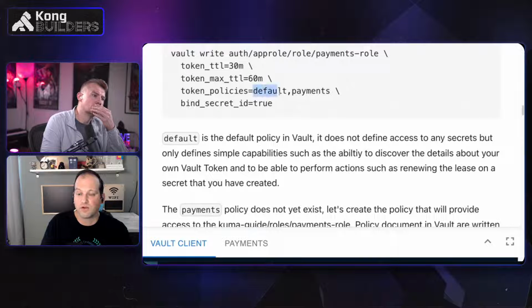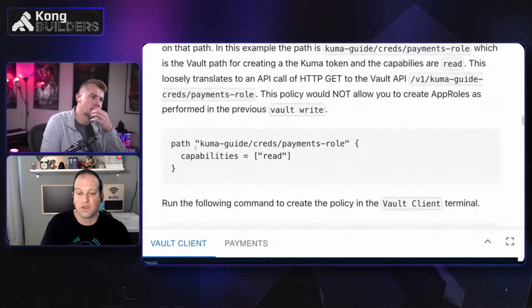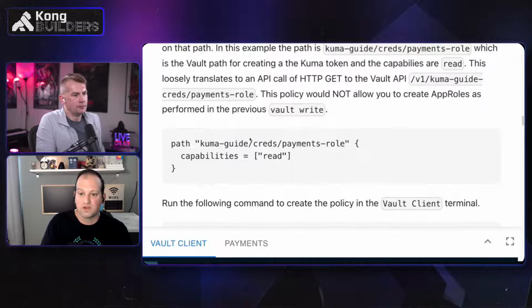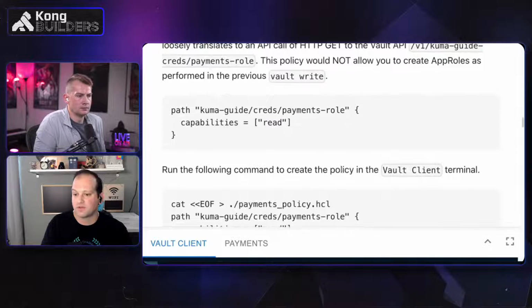We're going to give it both the default and the payments policy, and then fine the secret ID. And then this is what that policy would need to look like in Vault. This is a Vault policy. It's all path-based. So we're going to give the read capability on the secrets engine, credentials, the payments role. When you call the credentials creds, that tells the plugin to grab creds.